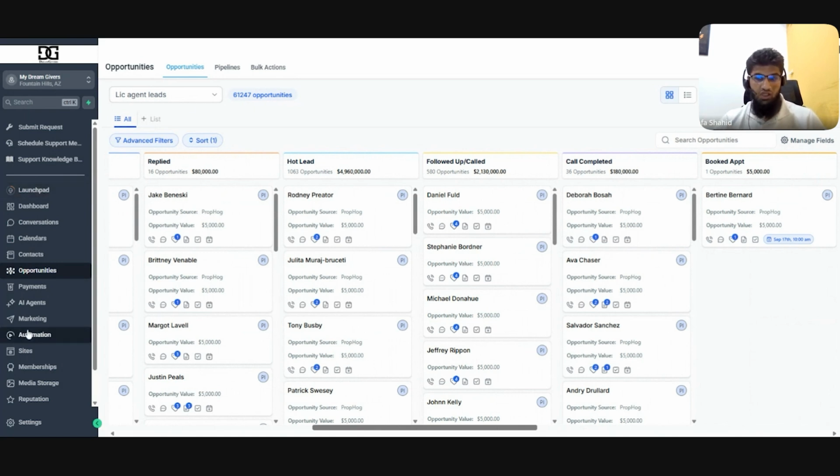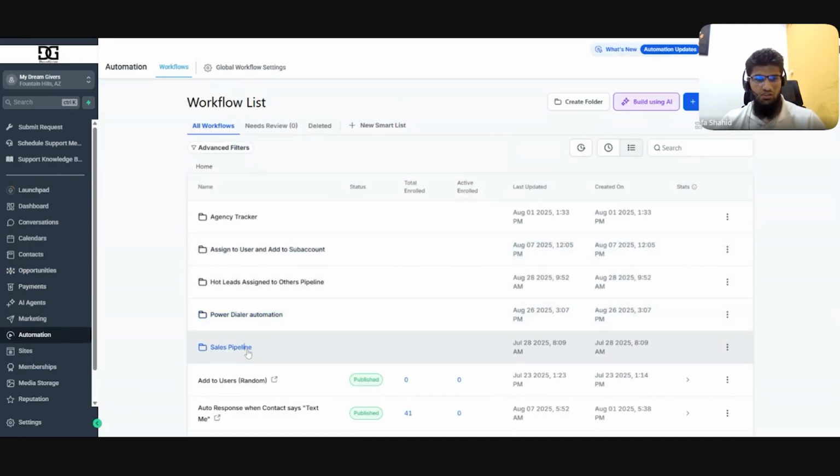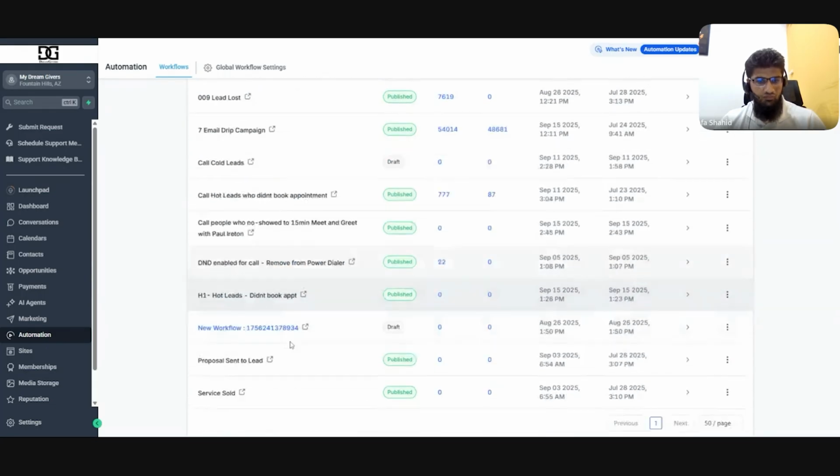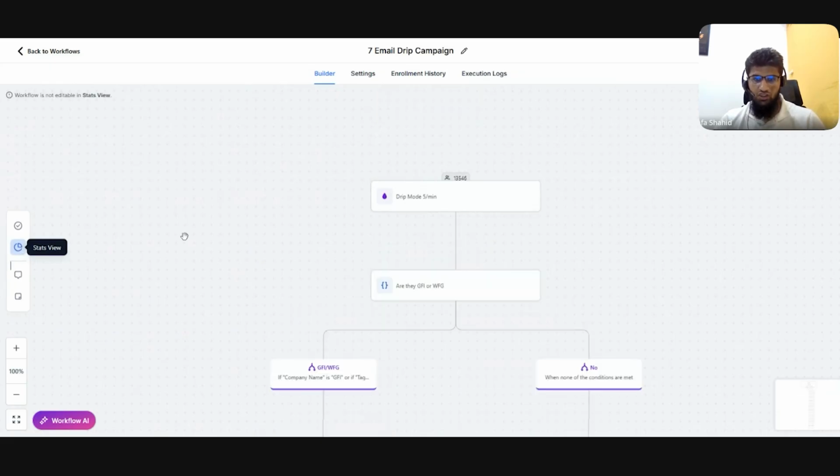There are two ways that they can check. Either they go into the automations again. Let me just show you that. Sales pipeline, go to the 7 email drip campaign. And within every campaign or every automation, you have this button where it says stats view. So if I click on that,